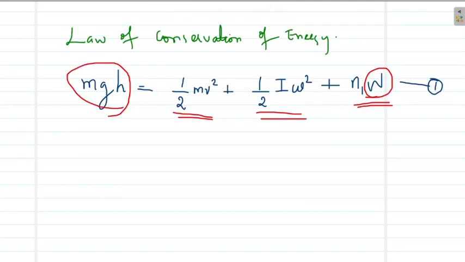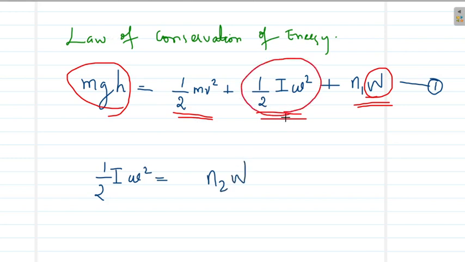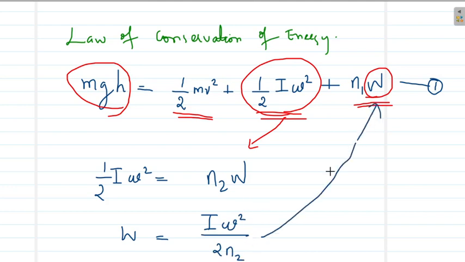So I can write during the second half the law of conservation of energy is half I omega square is equal to N2 into W. So this energy is actually lost due to the N2 rotations. Now modifying this equation, I can write W is equal to I omega square divided by 2N2. Now let us substitute this equation back into equation 1. So substituting 2 in 1, we can obtain